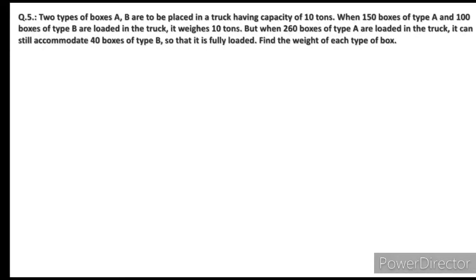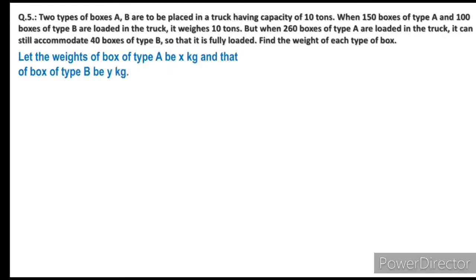You know the weight of anything is measured in kg. So let us assume first, let the weight of a box of type A be x kg and that of a box of type B be y kg. 1 ton is equal to 1000 kg. Therefore 10 tons is equal to 10,000 kg. This is a measurement. Now if the weight of one box is x, then the weight of 150 boxes will be 150x, because it will be multiplied. You know this rule. So therefore, according to the first condition,